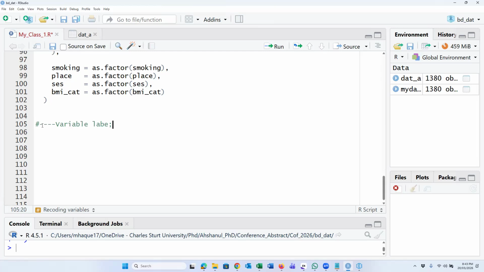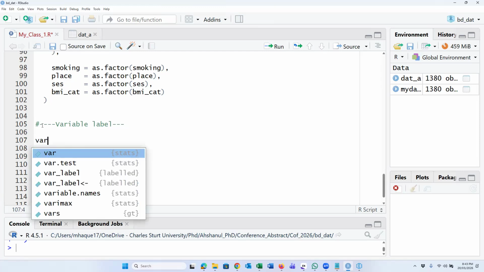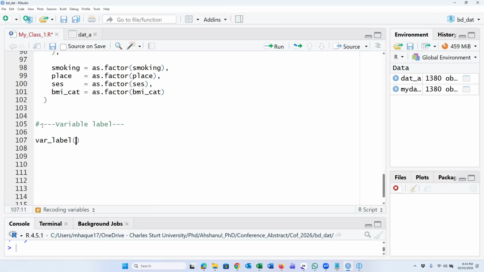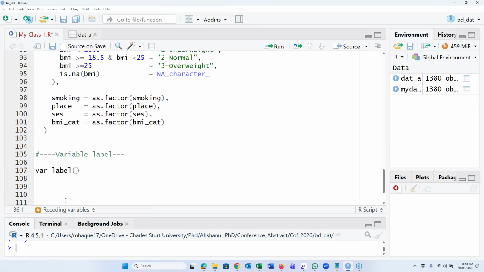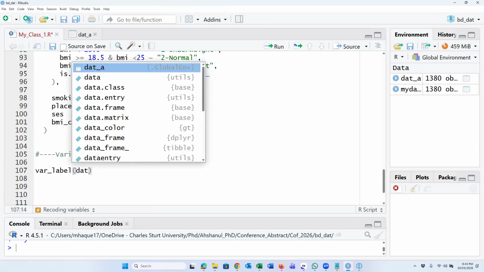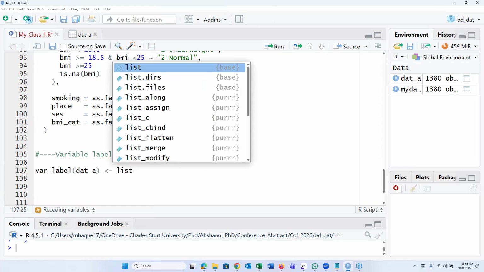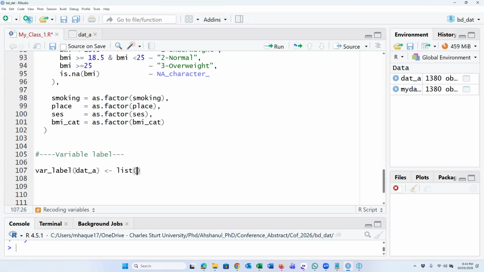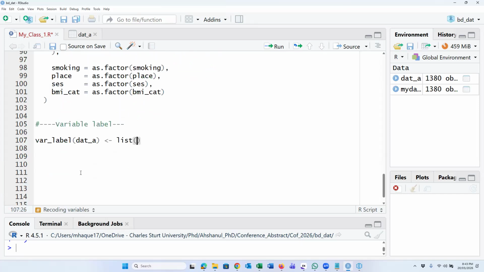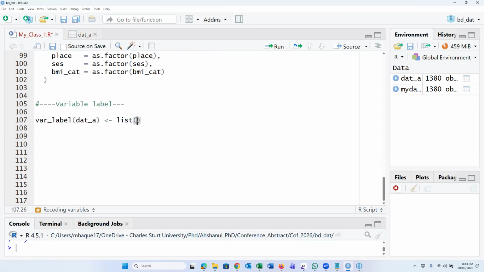Variable label. The code is var_label. Then our dataset name is dat a. Then list. If we would like to mention multiple items, then we use list. Then enter. Our first variable name is SID is equal to